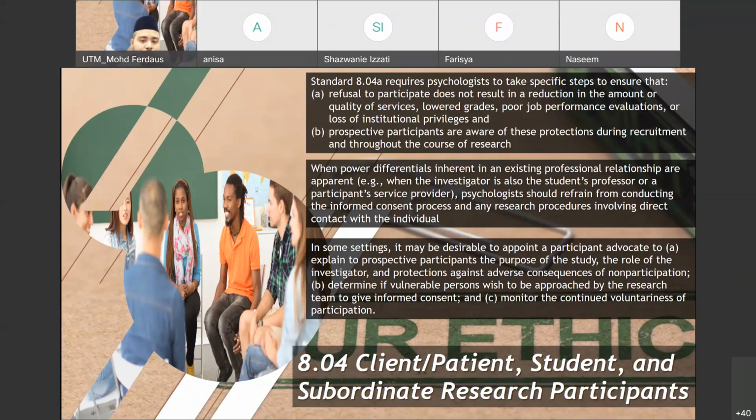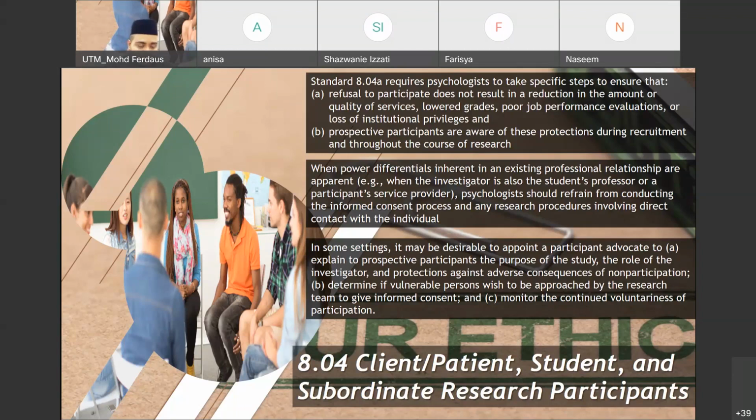So you are not supposed to ask them directly. Like for me, if I'm doing the research on you, I have to ask my research assistant to ask for informed consent from you. If I am a clinical psychologist, I have a client whom I'm conducting therapy with, and when I want him to join the research, I'm not the one who is going to ask for informed consent. I need to ask my partner or my co-researchers, or my research assistant, to ask for the informed consent from the person. That's what it meant.